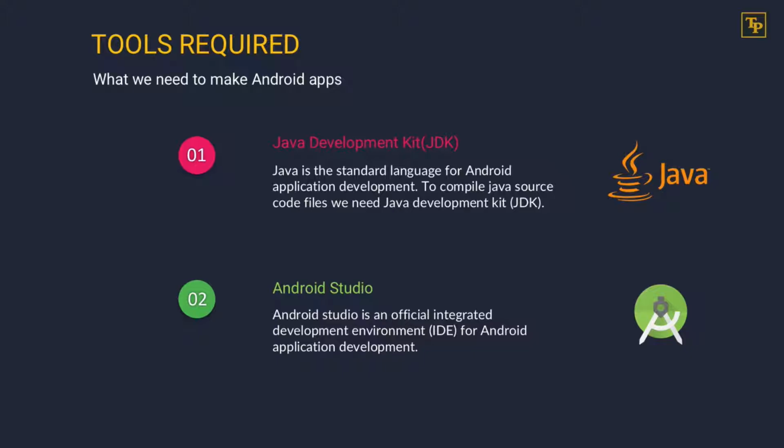This IDE is actually based on JetBrains product IntelliJ IDEA, and we will use this IDE for code editing, compiling and executing Android applications. Another tool which is required for Android application development is Android Software Development Kit, or in short Android SDK. When you install Android Studio, you will also be installing Android SDK. Android SDK contains Java Framework API and various tools to create and build Android applications. To start Android application development, that's all you need. So let's first download JDK.